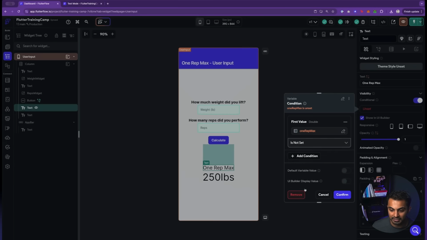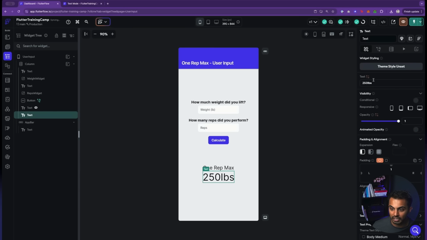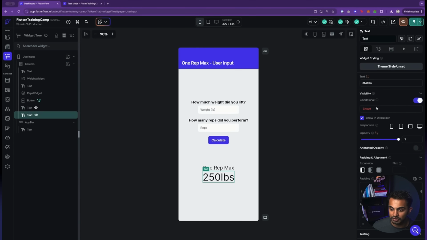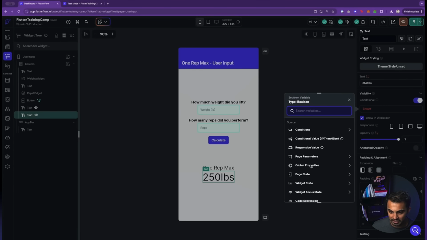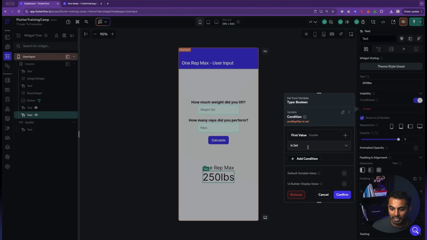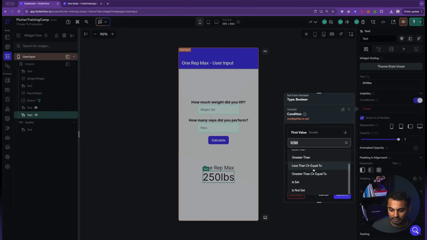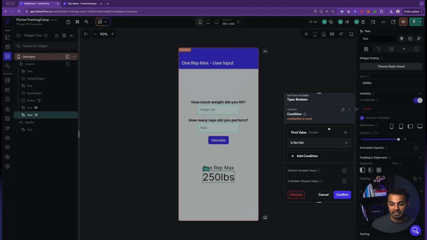So we'll say is not set. Okay, similarly here, I'm going to activate conditional, and I'm going to say page state 1 rep max is not set. So what this means is that if 1 rep max is not set, that means the condition will be true.